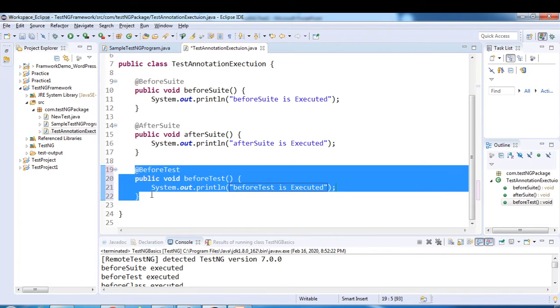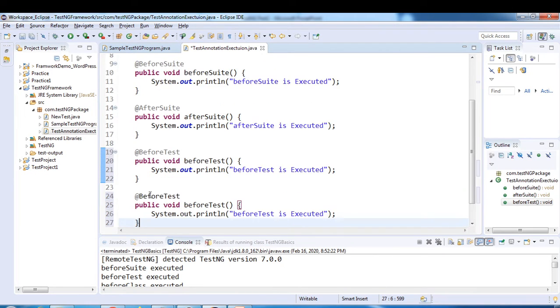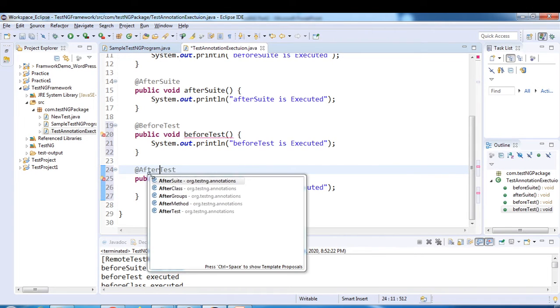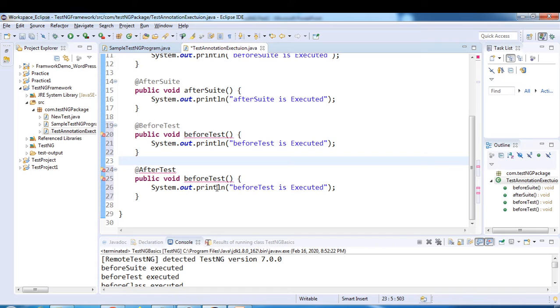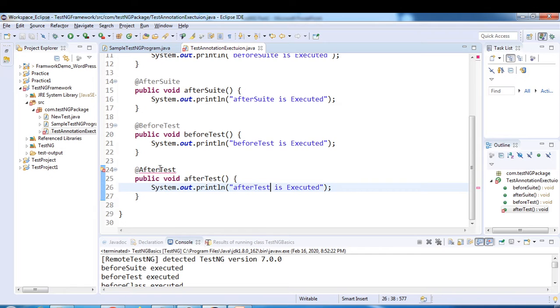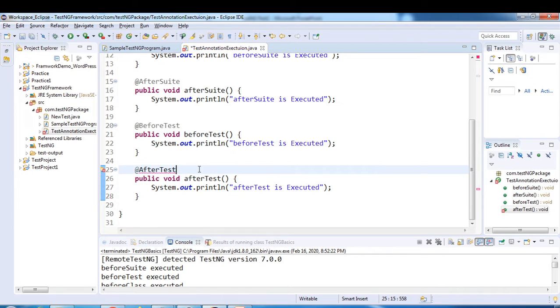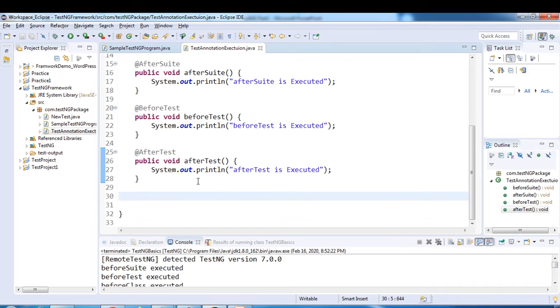Similarly, we have after test, the after test annotation. Here I'll give the after test annotation. We have to import AfterTest from org.testng.annotations, and we have